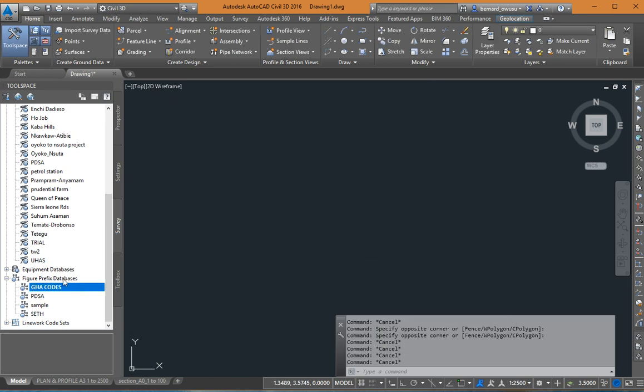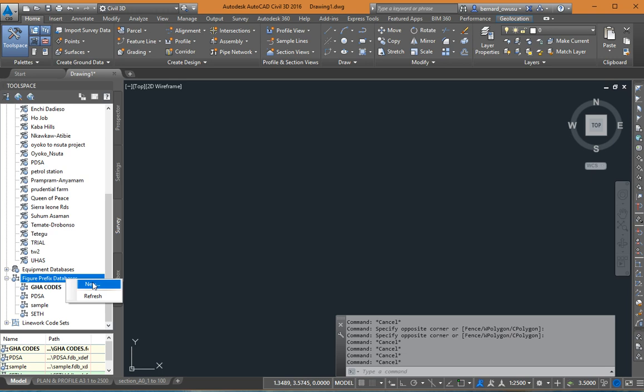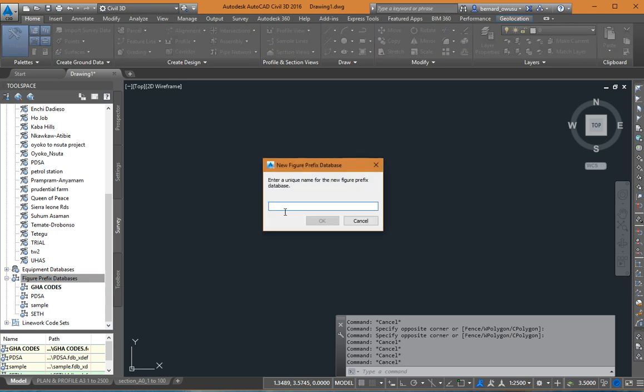So right click on figure prefixes databases and click on new. Click on new and